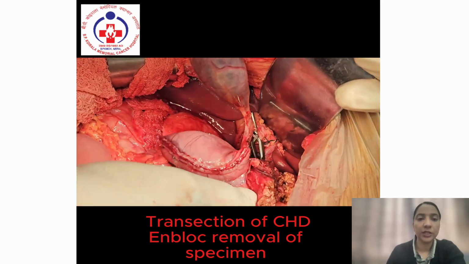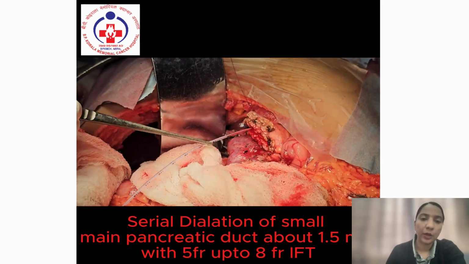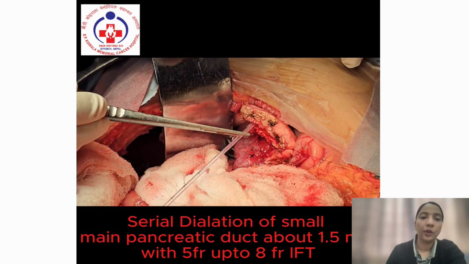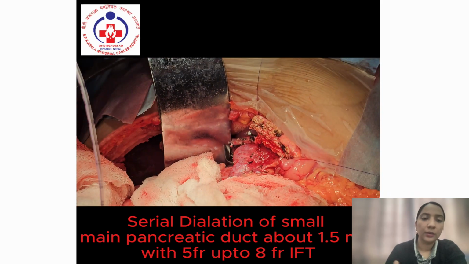And after the transection of the pancreas, we proceed with dissection around the common hepatic and the bile duct. We ligate the common hepatic duct, and then we proceed towards the transection of the common hepatic duct and the en bloc removal of the Whipple specimen. In this case, since the patient had a small pancreatic duct of about 1.5 millimeter, which we measure with